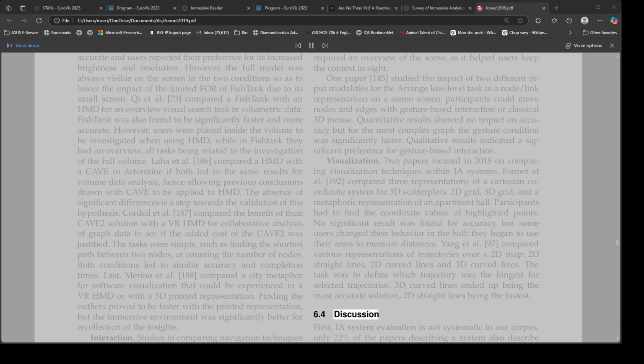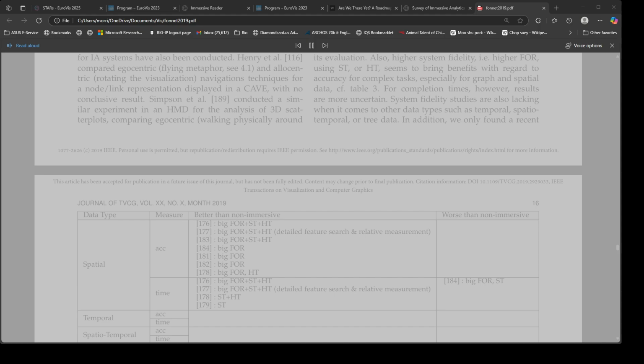6.4 Discussion. First, IA system evaluation is not systematic in our corpus. Only 22% of the papers describing a system also describe its evaluation. Also, higher system fidelity, i.e. higher FOR, using ST or HT seems to bring benefits with regard to accuracy for complex tasks, especially for graph and spatial data, cf. Table 3. For completion times, however, results are more uncertain. System fidelity studies are also lacking when it comes to other data types such as temporal, spatiotemporal, or tree data. In addition, we only found a recent